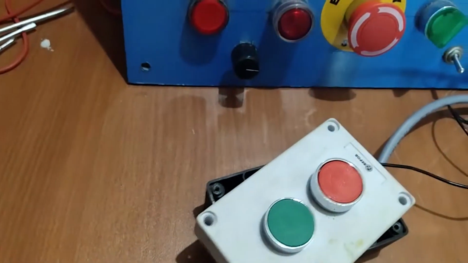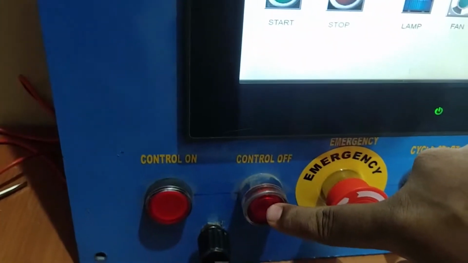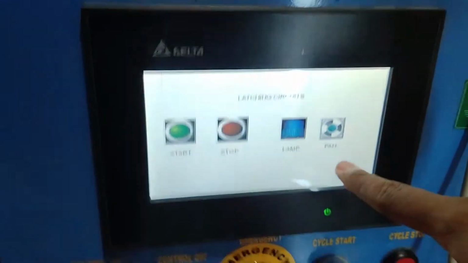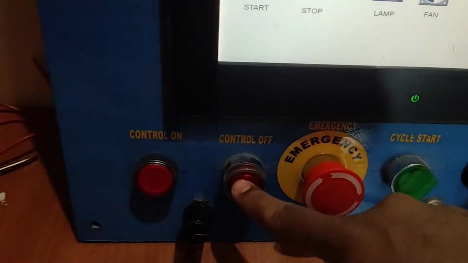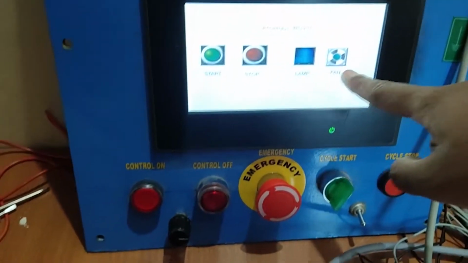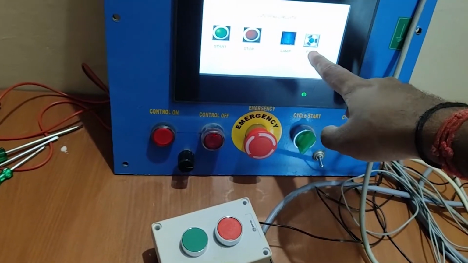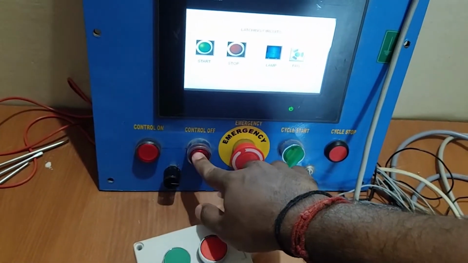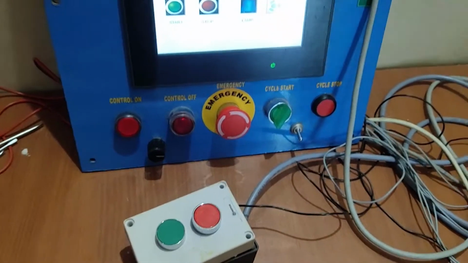Now I connect these two external inputs. I am using the external inputs to switch on and switch off this lamp. I connected this fan because I need to differentiate. I am using this output. So when I switch on the input in external, this fan will indicate, as well as this button will glow. Okay.